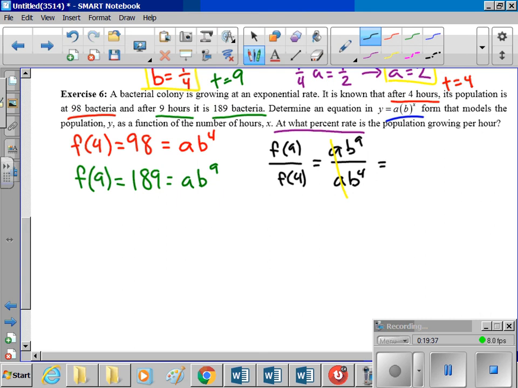This is going to equal 189 over 98. All right, so we're going to get b to the 9 minus 4. It's going to be b to the 5th equals 189 over 98, which is equal to